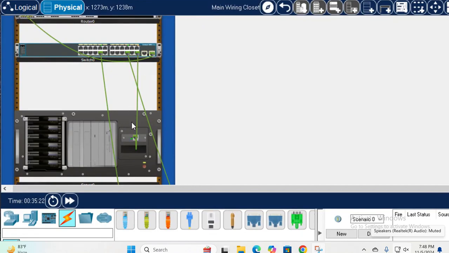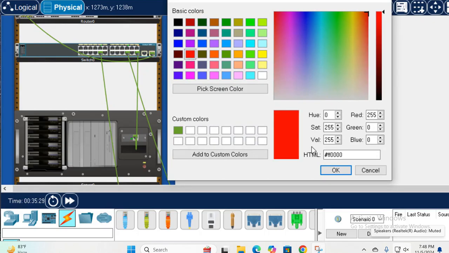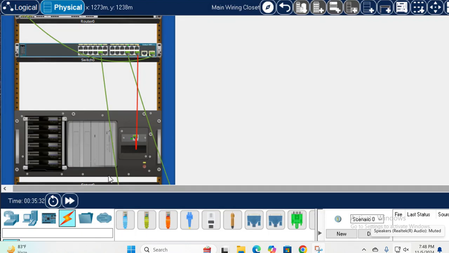If you feel that the cable is getting lost, you can always right-click on that cable and change the color as we mentioned earlier. I can make it red, for example, and click OK. And now it's much easier to find the connection from the server to that Cisco switch. This is the power of Cisco Packet Tracer utilizing the logical and the physical views. Please practice and enjoy using Cisco Packet Tracer for all